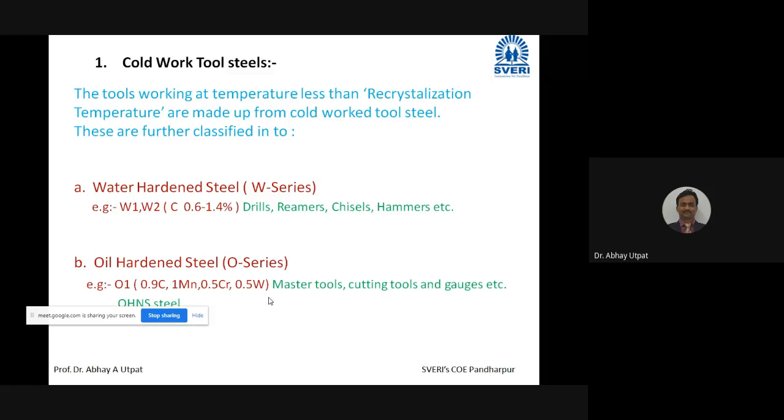So hardening is one of the basic heat treatment process out of three: annealing, normalizing, and hardening. These three are basic heat treatment process, out of which hardening is the process in which parts are made hard by heating and fast cooling. So if you heat any of the steel,